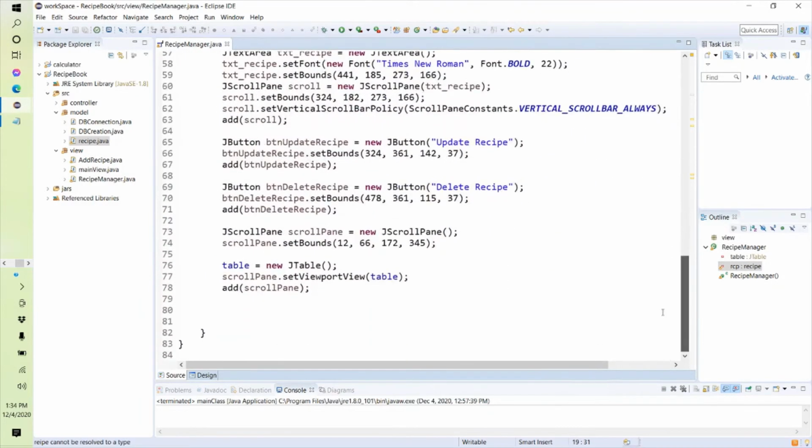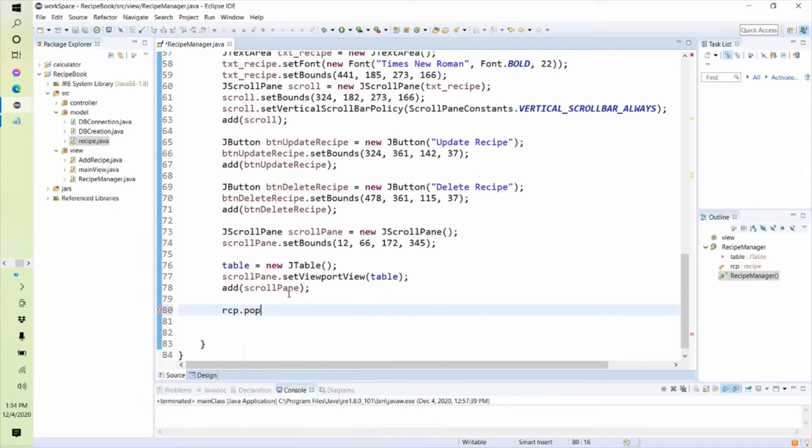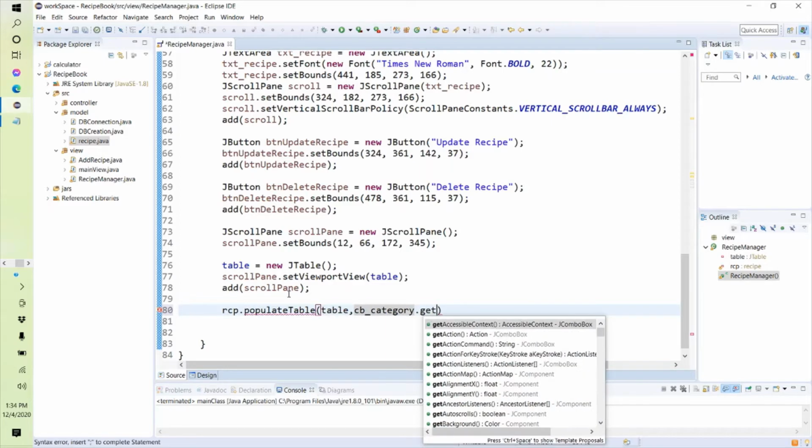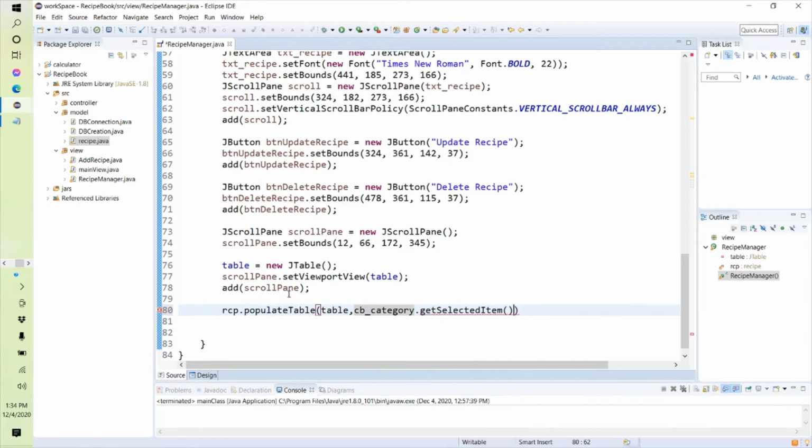And here I'm going to write a particular function. I'm going to say RCP dot populate table and pass the particular table that we want to populate and the category that is being selected in the combo box. So cb category dot get selected item dot to string.